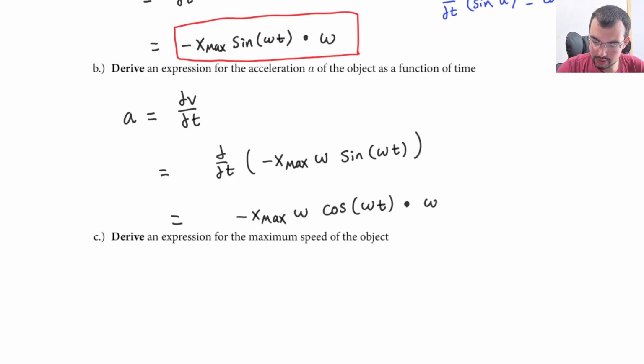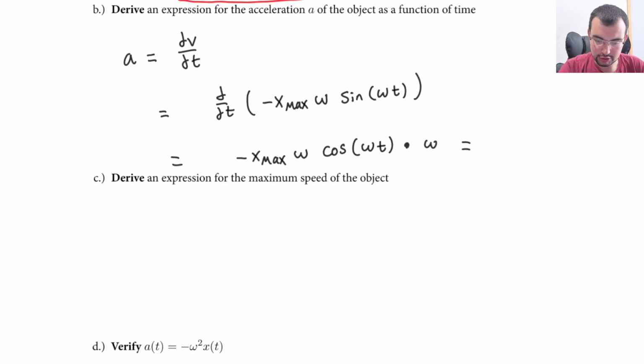And this one I think we will simplify, using my foresight because I know we're actually going to need this function for something later. So this would be negative x max, and then omega times omega is omega squared,